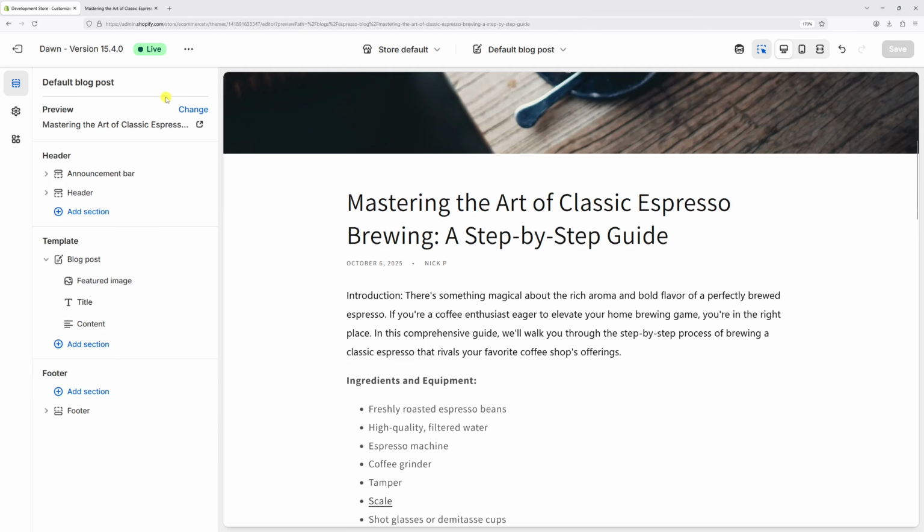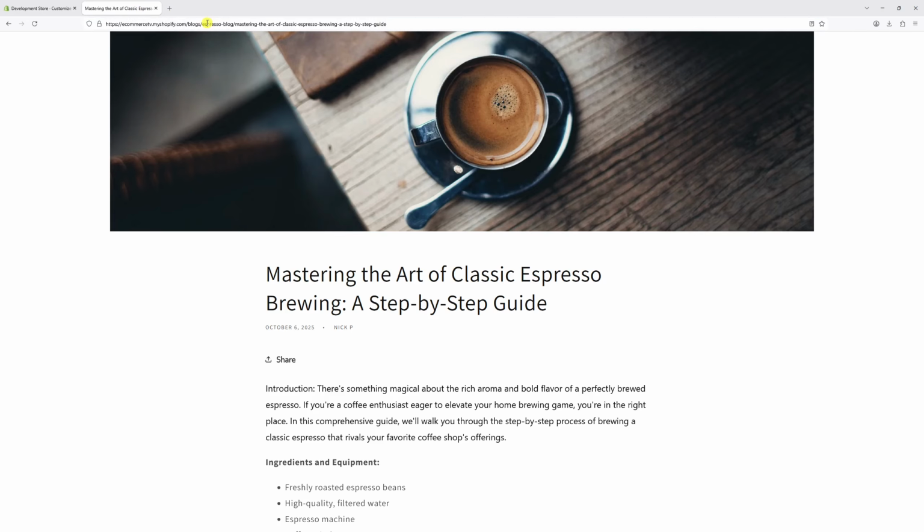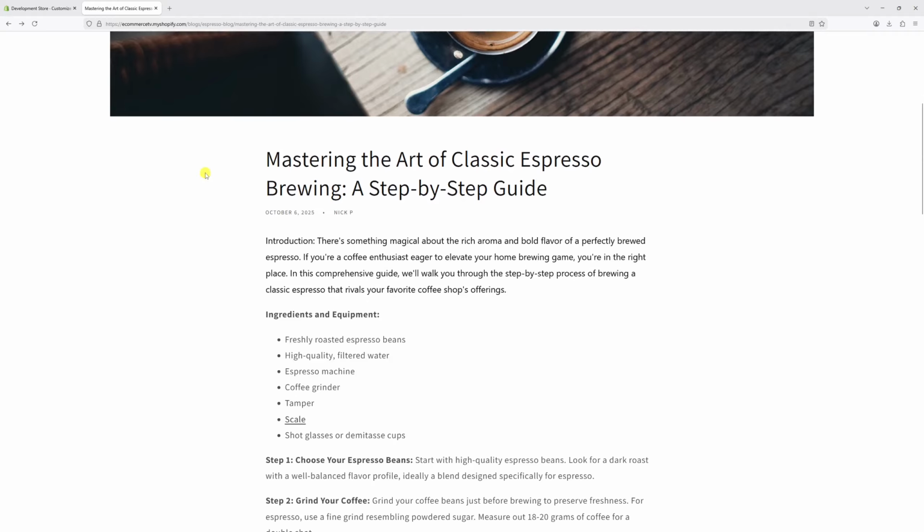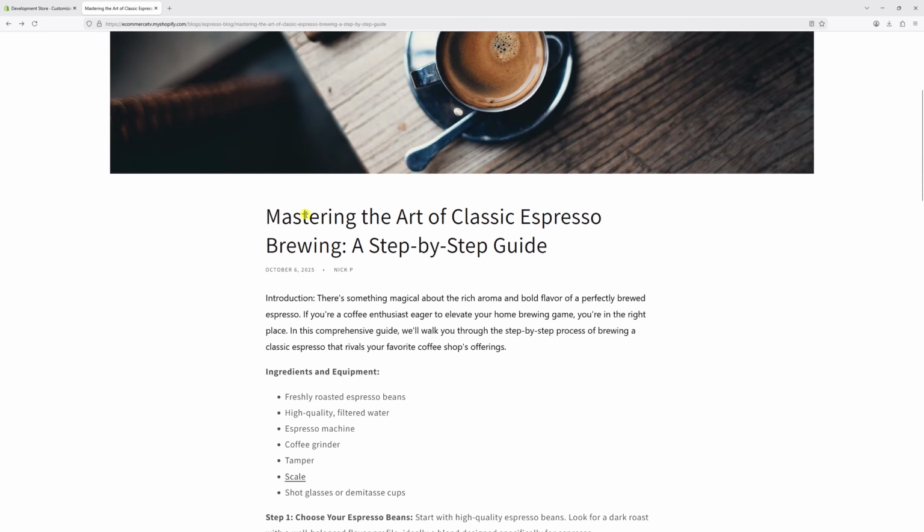Once the changes are saved, let's go back to the website. Let's try refreshing the blog post page. And as you can see, the share button was completely removed, and this change will be reflected on the other